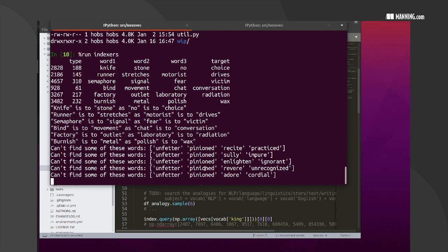Great. So we ran into this error that our analogies contain words that aren't in the fast text index. So unfetter, pinioned, recite, and practiced. Oh, it doesn't say which of these words. So at least one of these words. It looks like it's the unfetter word that's missing, and pinioned, because those are the only ones that are common to all these queries that it did on these